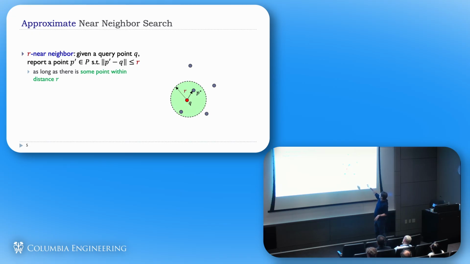My r is the similarity radius. Things within r are sufficiently similar to me. Now I don't need to find the most similar thing, but I just want to find something which is sufficiently similar. So this is not the approximate version yet. The red part is a no, this is not a good answer for us.